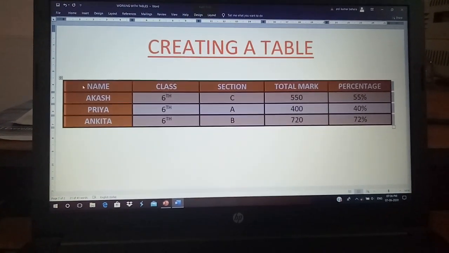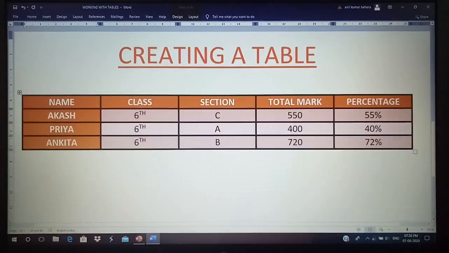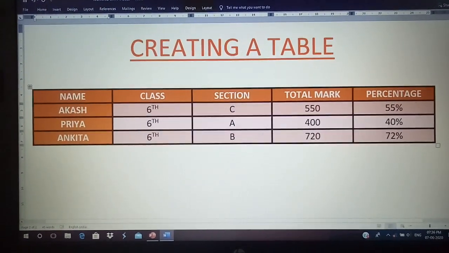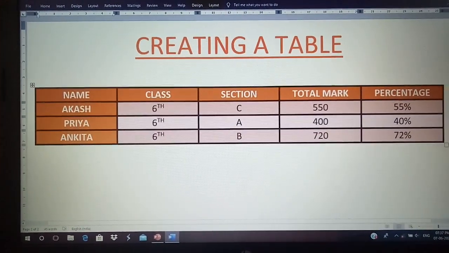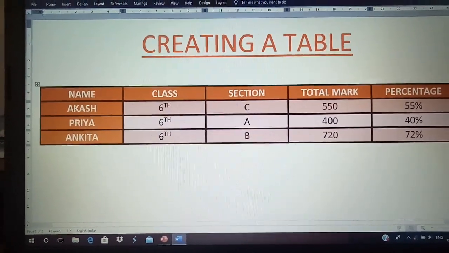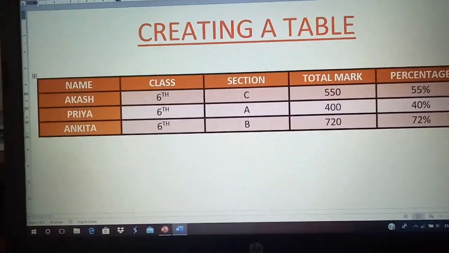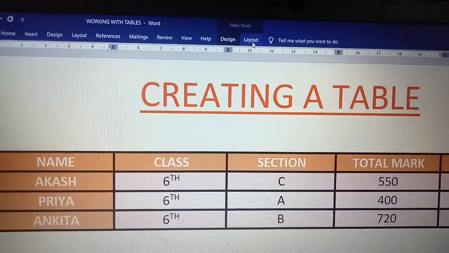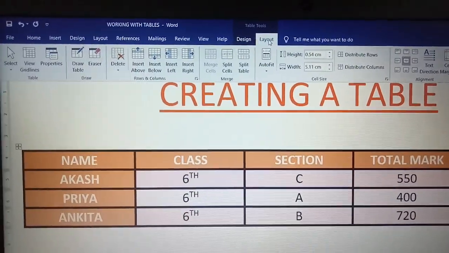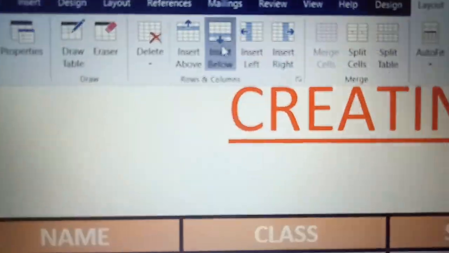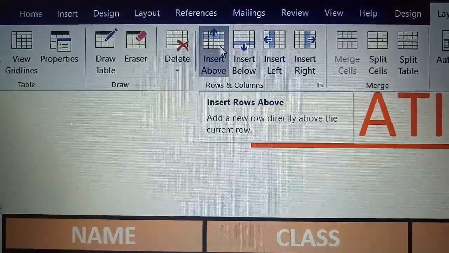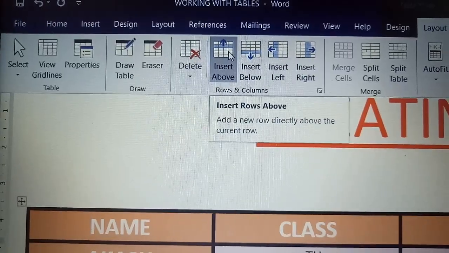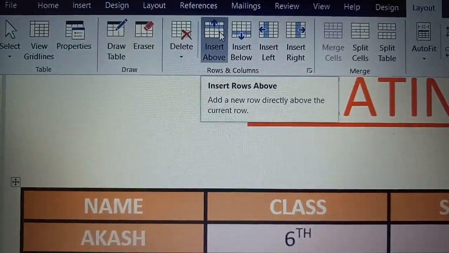Click in a cell where you want a new row to be inserted, and then from the Table Tools option, go to Layout. This option is for inserting a row above the existing row.